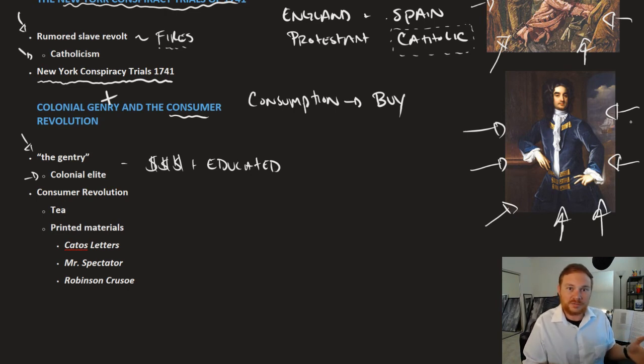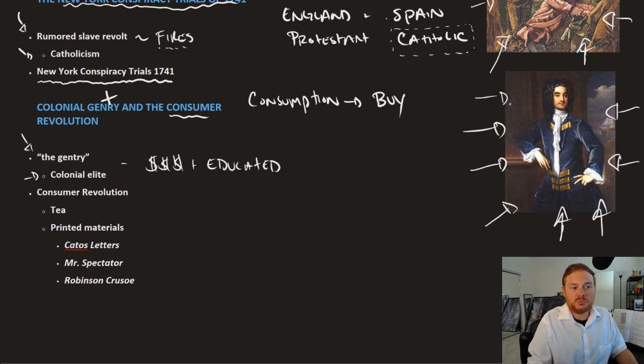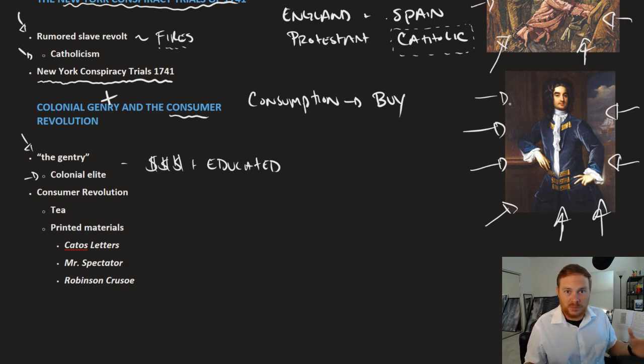The United States is different. The colonies didn't have royalty. There were no barons of New York. I mean, you did have maybe some English royalty move over, but this gentry, this colonial elite, tried to emulate this royal class, this upper class, this rich class, this educated class. And of course, they bought giant mansions and sophisticated furniture and paintings and everything else.